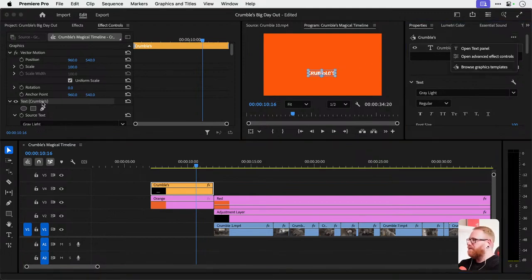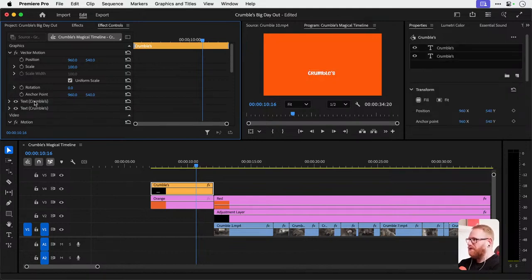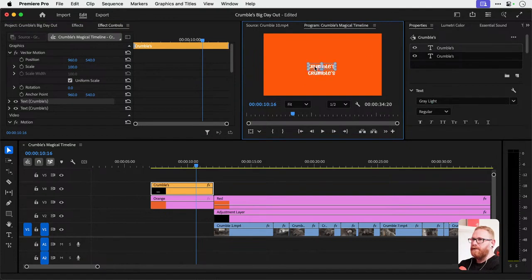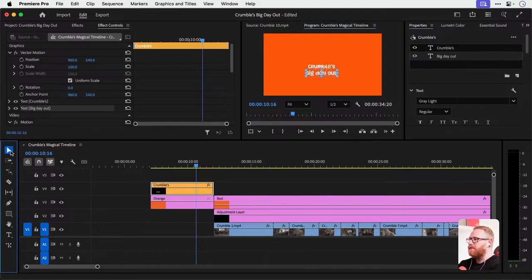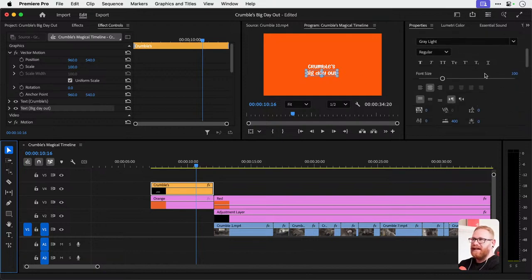So how do we do that? If we select this text object here and just copy paste as you normally would, you can see I've effectively got another layer, but it hasn't added another video track. And so this is very much like a typical layers panel. So we could then go Crumbles, big day out. And then in the properties panel, again, we've got more